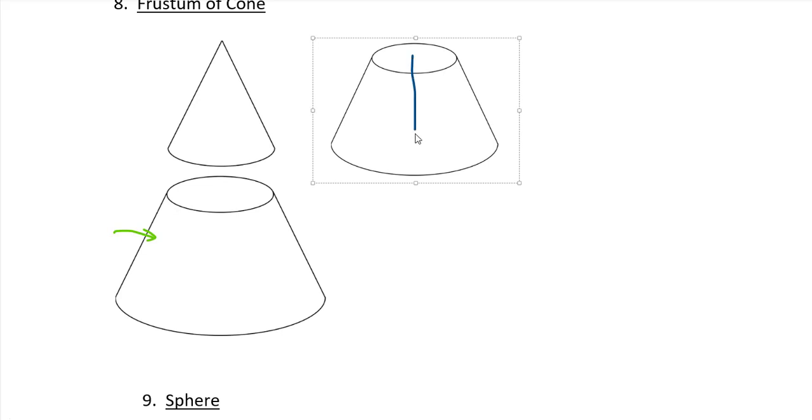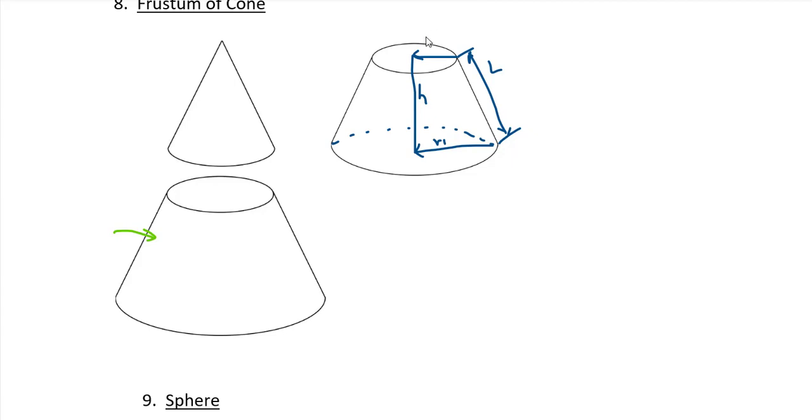So again, if we draw a perpendicular from the top surface to the bottom surface, this will be called the vertical height h. This will be your slant length of the frustum, and let us keep r1 as the radius of base 1 and r2 as the radius of base 2. So again, the total surface area will be the sum of flat surface area plus the curved surface